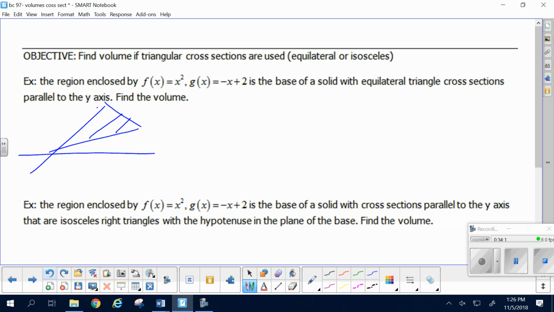Okay, so equilateral triangles are like that, yeah? Okay. So, the thickness, is it dx or dy? dx. For the area of the base,